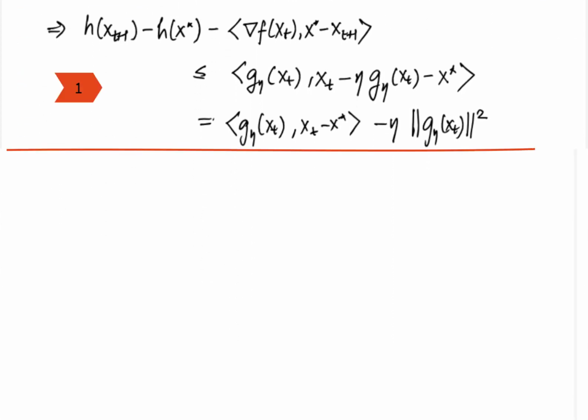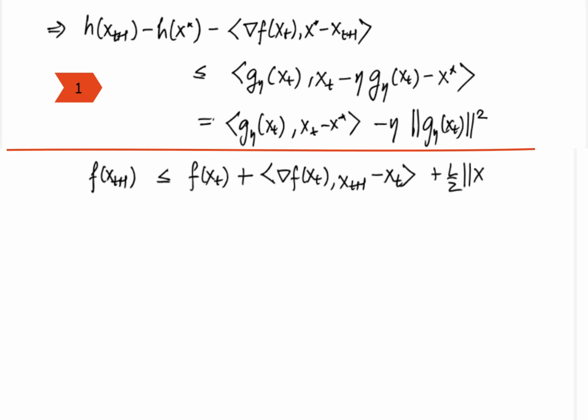The second part is same as that in the projected gradient descent. We will write down the quadratic upper bound for f, which is that f of xt plus 1 is less than equal to f of xt plus inner product of gradient f of xt comma xt plus 1 minus xt plus L by 2 norm square of xt plus 1 minus xt, and subtract f of x star from both sides,